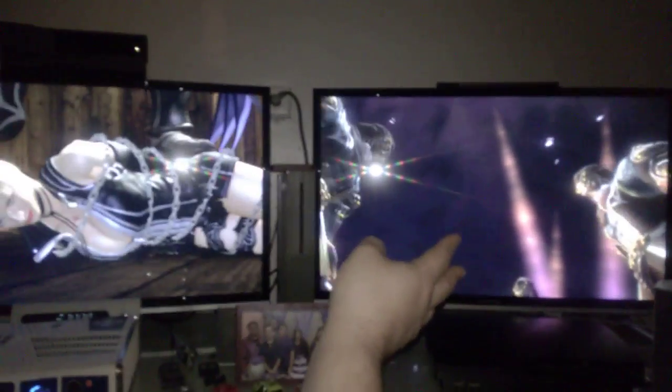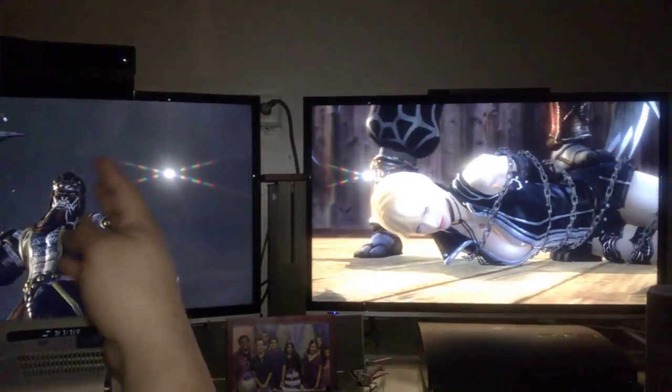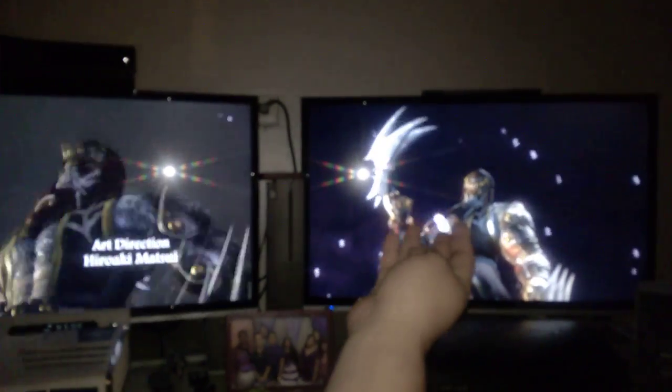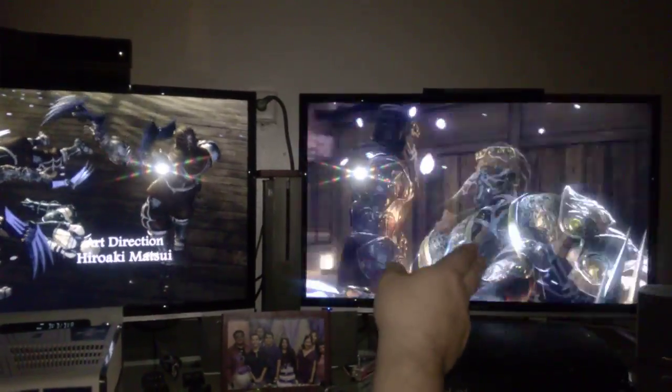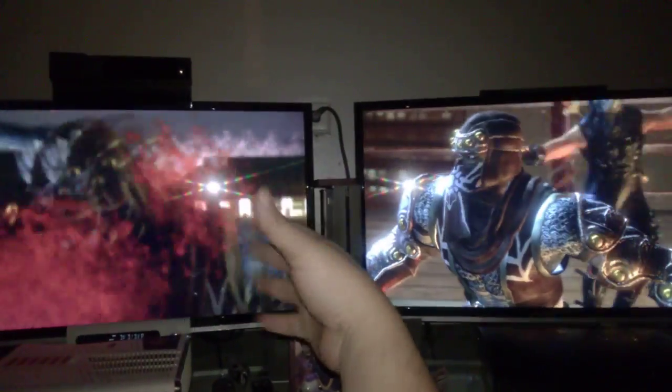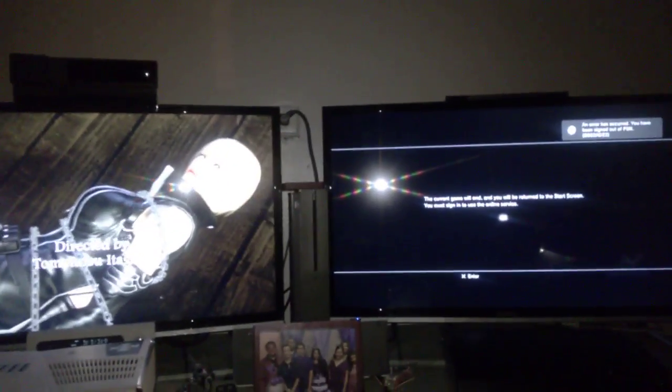The details, as you can see here, are minute. There's a clearer picture here. There's a more fuzzy picture here with the mist look, but there are some details on the armor, on the guys, that are more detailed than on the 360. I want to remind everybody that this version came out a year before this version,